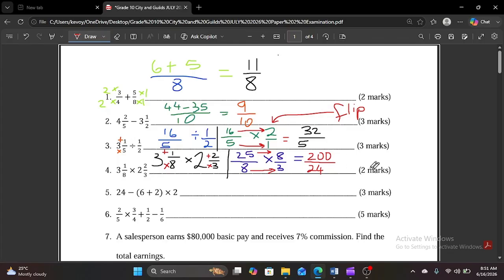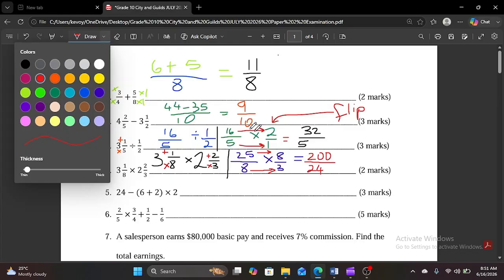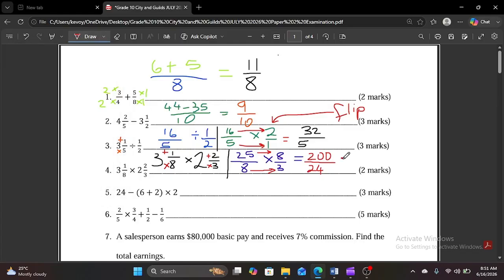For the marks right here, if you want to leave the answer as is, you can. But if you want to, you can also simplify your answer. If you simplify, you can divide both the 200 and the 24 by a number to make it simpler. So for example, if you divide 200 by 4,